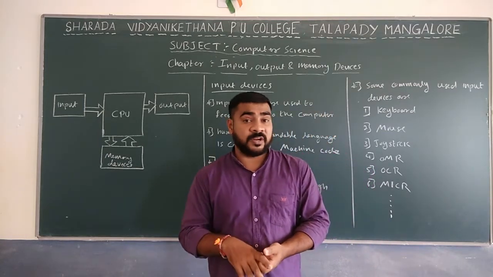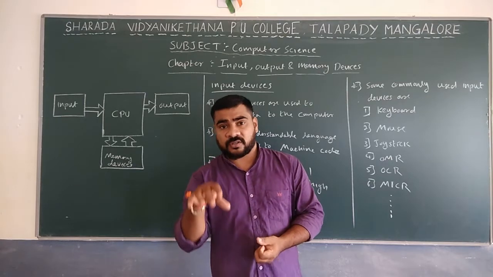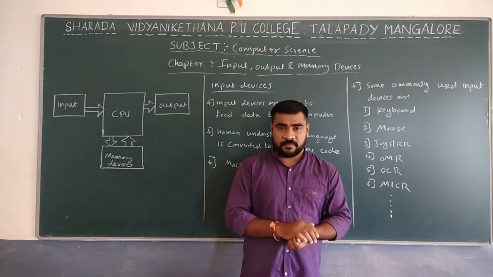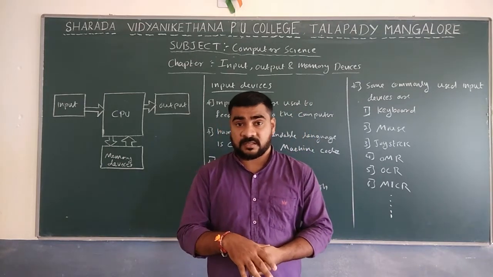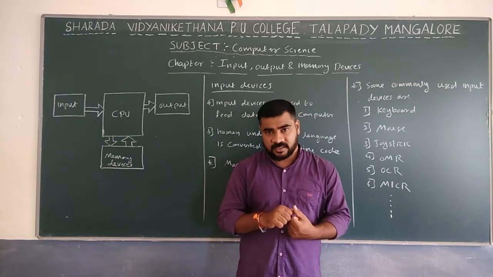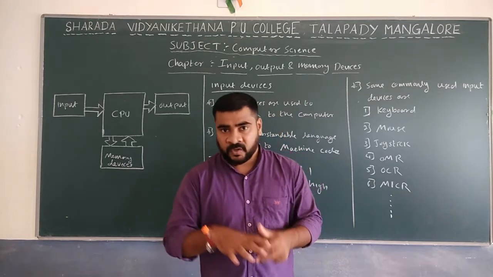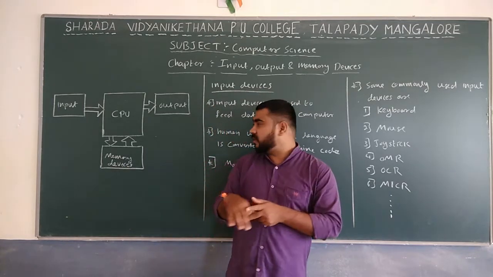So next one is memory. Memory is used to store the data. Normally, if you want to store data in a computer, sometimes permanently or sometimes for temporary purposes, we store the data in memory devices. Then the CPU. The CPU is a device that performs all the operations, or you can say controls the overall operation of the computer. Performing all the operations and controlling all the operations are the 2 works of the CPU.